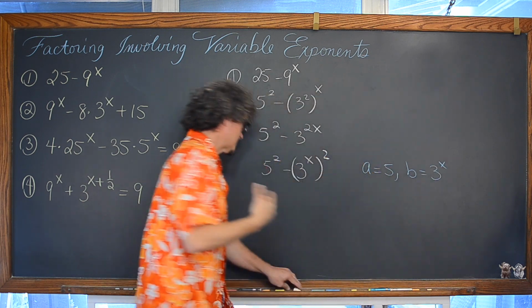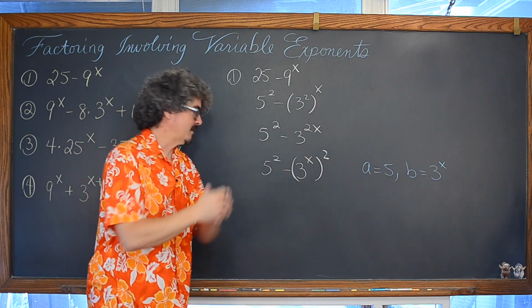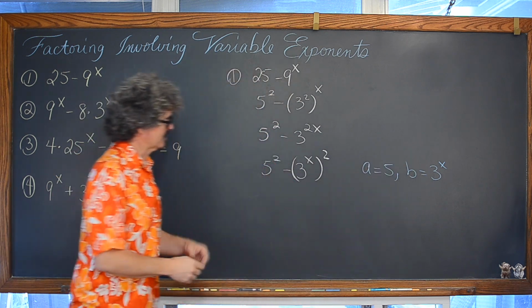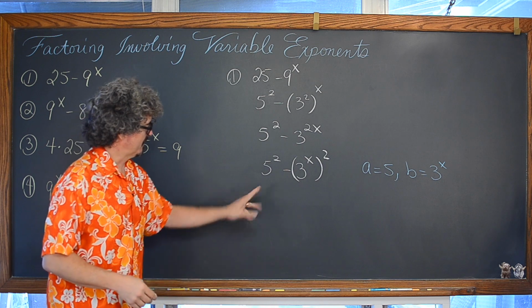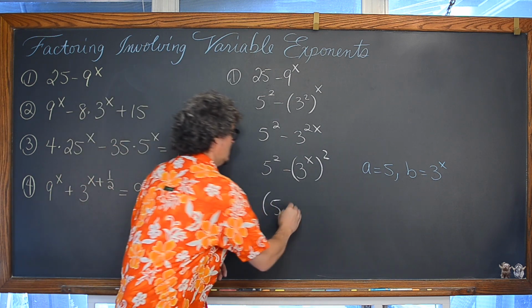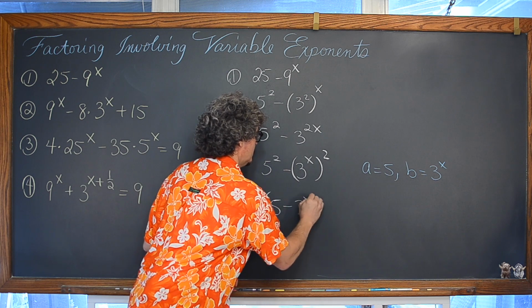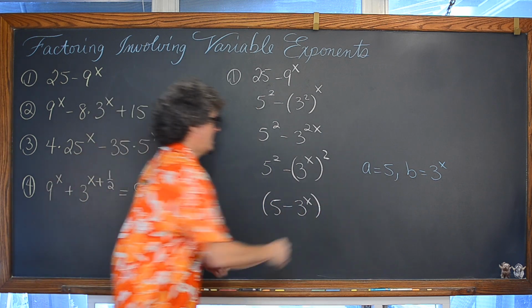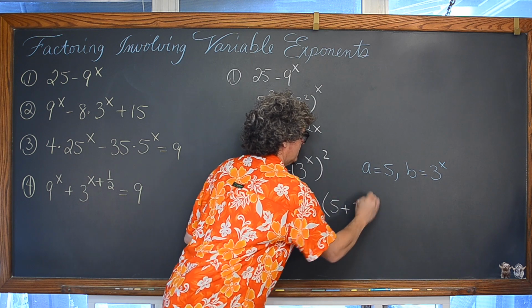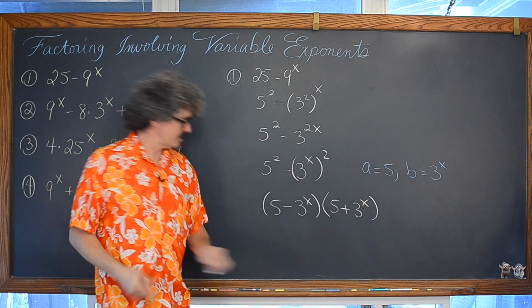When I do these for myself, and I'm not trying to explain every single minute detail that's going on, I don't normally write that A equals B equals stuff on the side, so I flub that up a little bit here. So now we're looking at A, which is 5, minus B, which is going to be minus 3 to the x power, and then times A plus B, or 5 plus 3 to the x. And that is number 1,